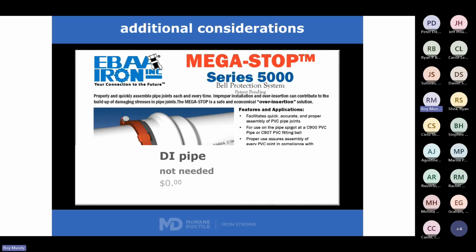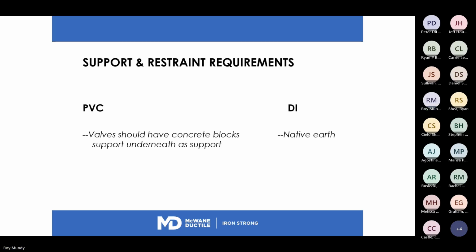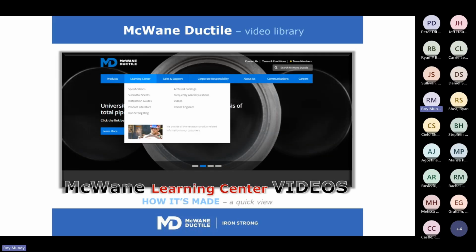We did not include mega stops in terms of the total cost equation in terms of overbilling. And we also didn't put support requirements under fittings for PVC pipe that you don't need for ductile iron pipe. So effectively,